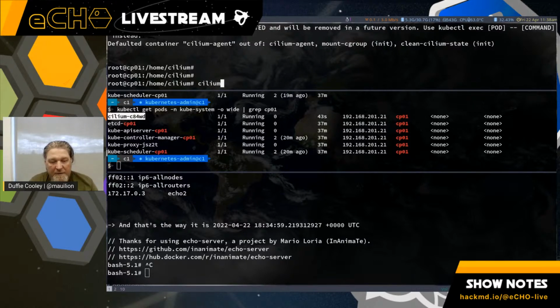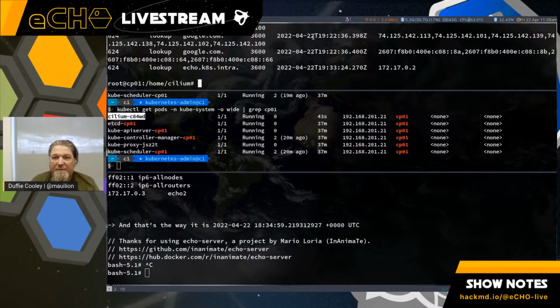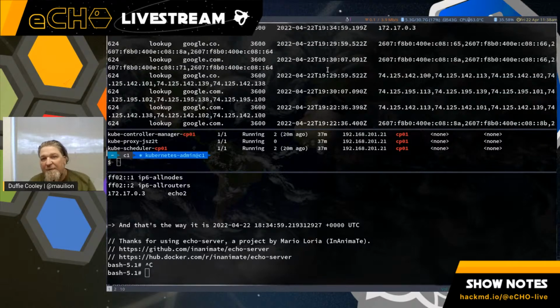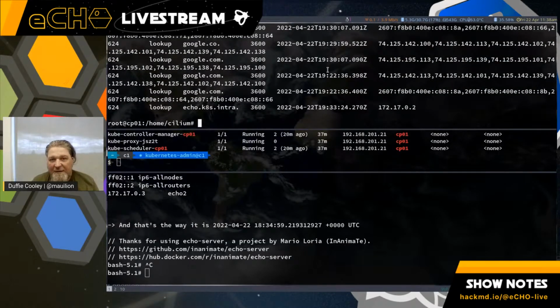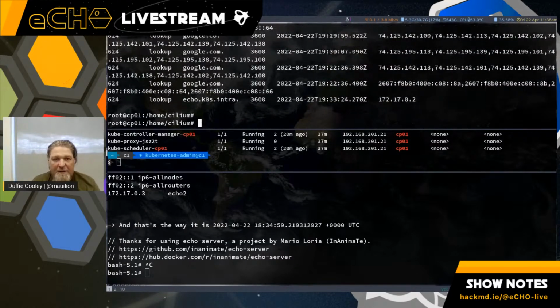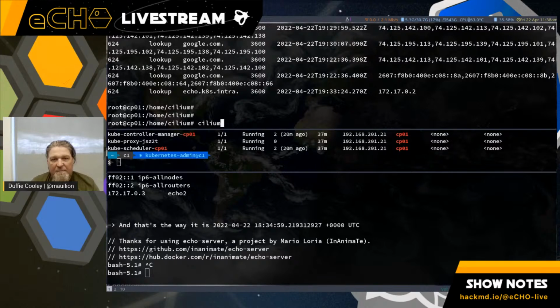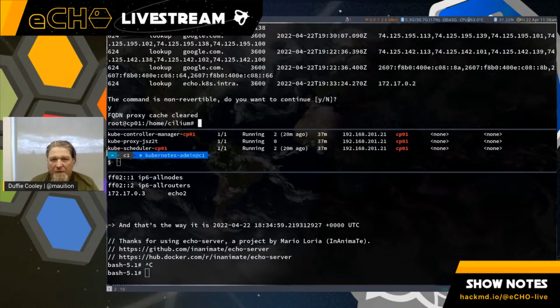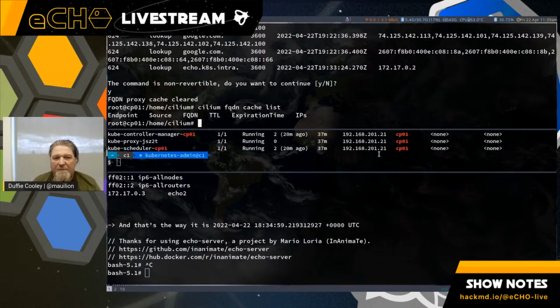So if we do cilium fqdn cache list, oh, it's still there. Hey, that's cool, right? It's actually a persistent cache. But I want to wipe it out, because I want to see that the change I made in timing will actually take effect. So let's do cilium fqdn cache clean. Are you sure? Yes. List, nothing. All right, so we cleaned it out.